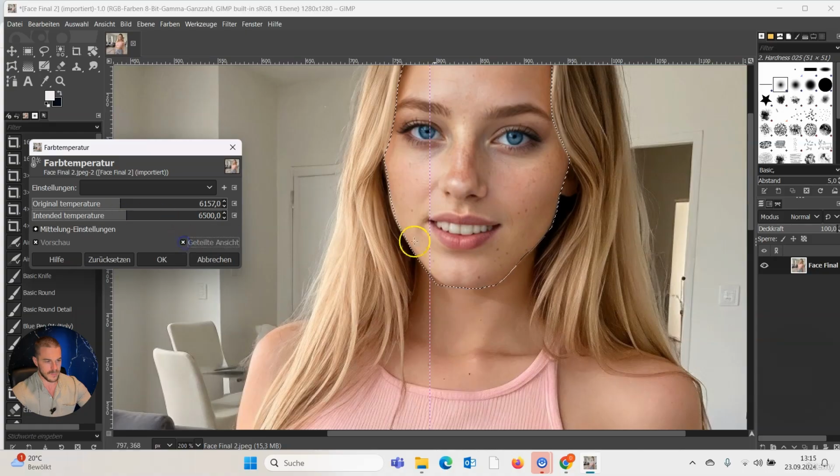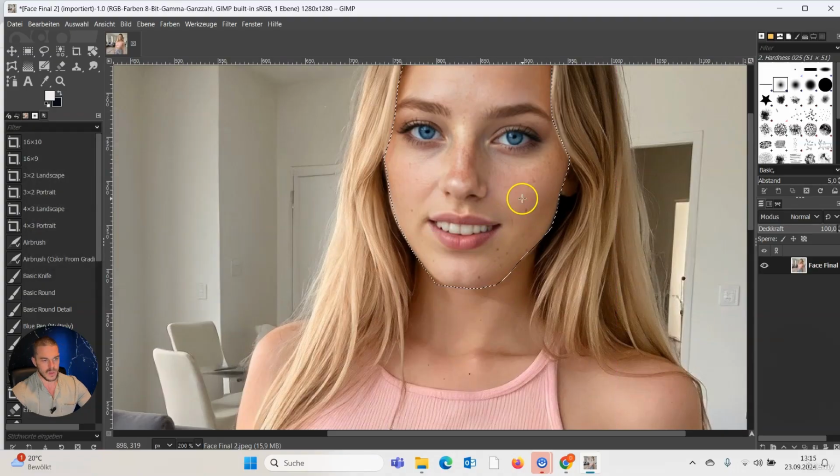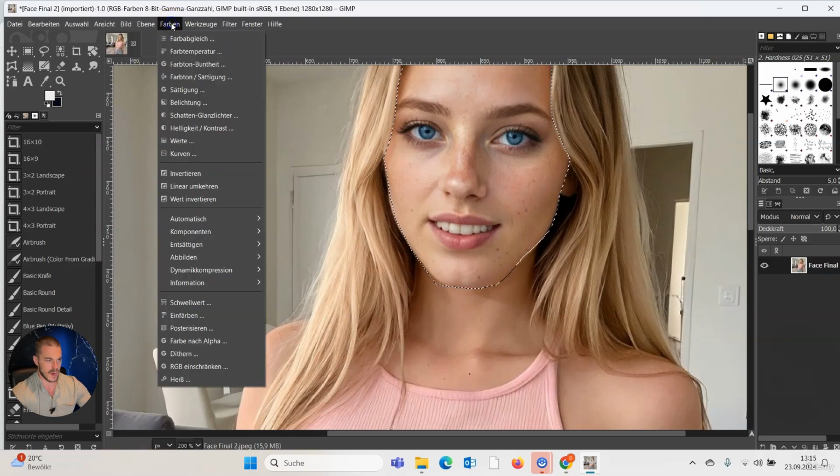If you click here, you can see before and after. And I think, yeah, before it was way colder, and now it looks warmer and way better. So we click OK. The next thing we do, I think this face looks a little bit green in comparison with the other skin. So we go to colors,